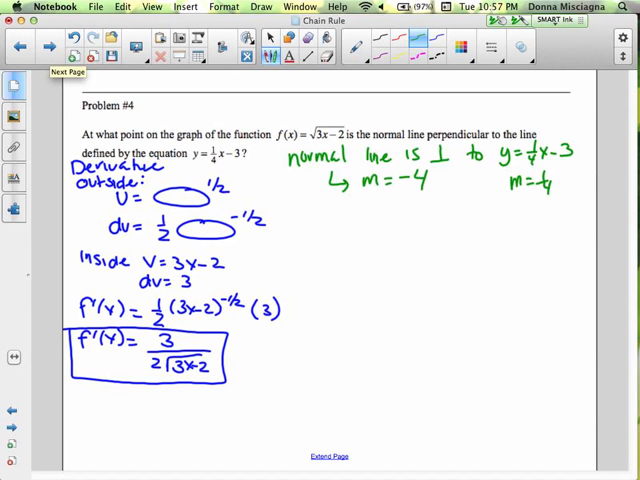We want the normal line to have a slope of negative 4. All right, so the slope is going to be negative 4 in the same place, because we don't have anything to work with the normal line. So where this one is negative 4, it's going to be in the same place where the tangent line is 1/4. So now let's set